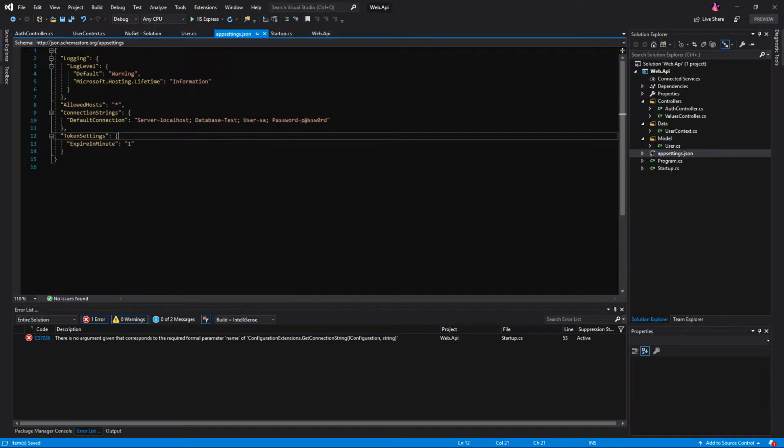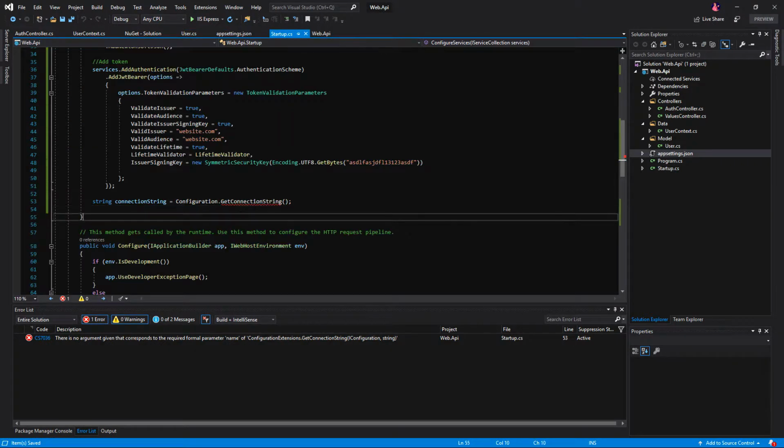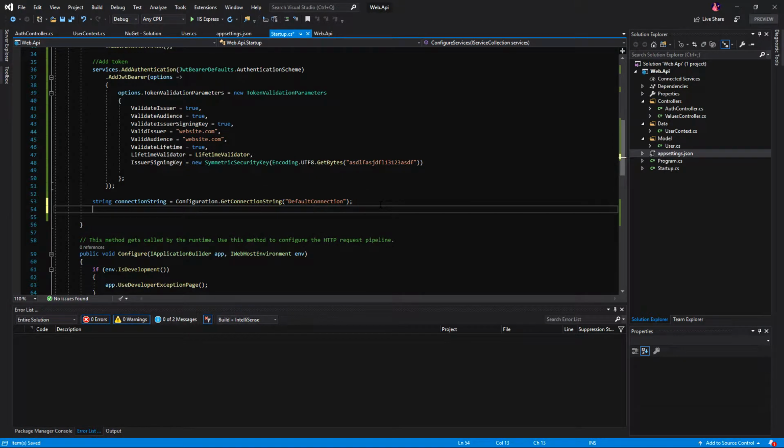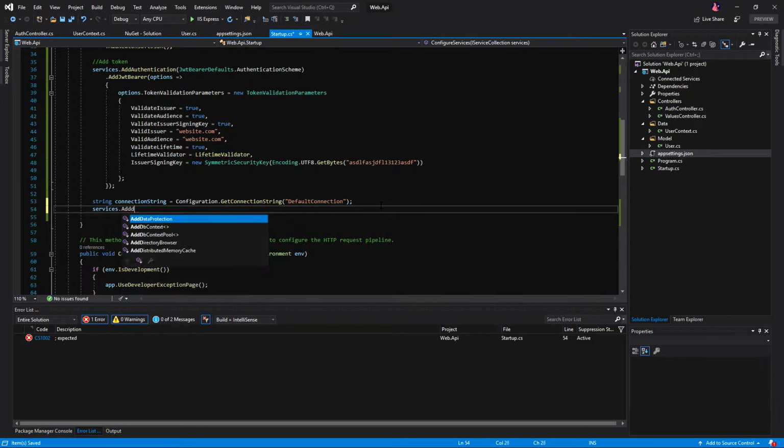So our connection string name is default connection, and then we are going to add that in our services, add db context